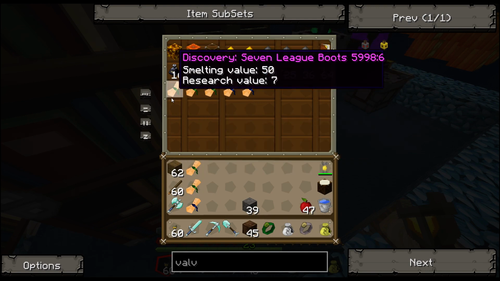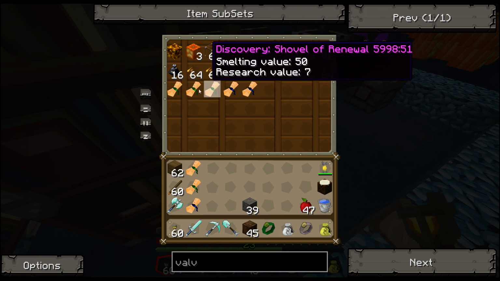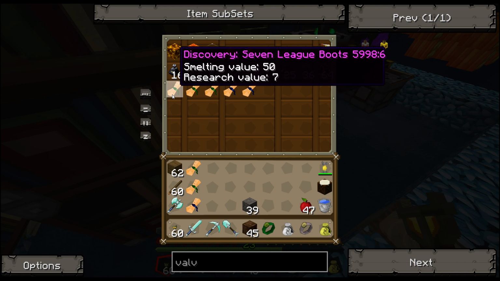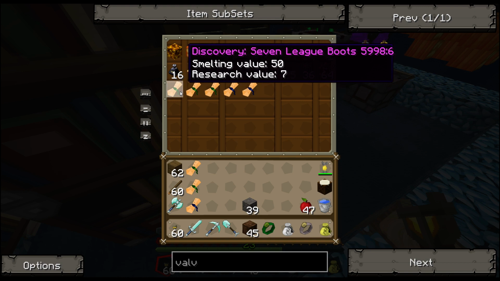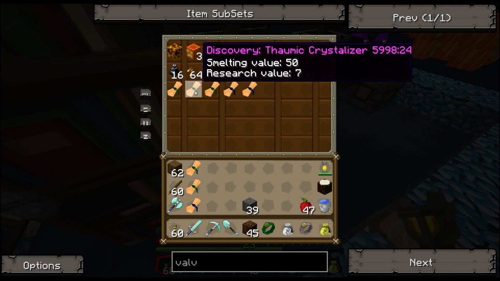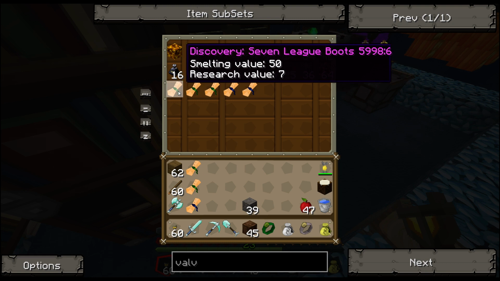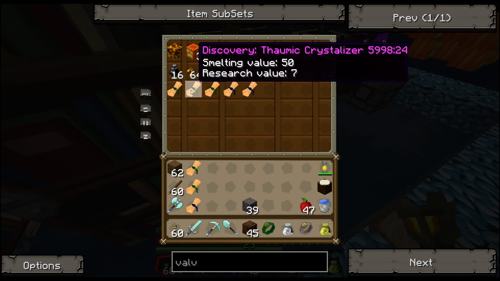And the reason for that is the ones that I'm keeping in this chest are ones that I'm planning to use probably somewhat soon in the Let's Play series, maybe later. So like the 7 League boots seemed kind of neat because they let you jump a lot higher. But I don't know if they have an effect on taint, so I need to read a little bit more on that. Thaumic crystallizer could be neat at some point if I need more V crystals but don't have enough